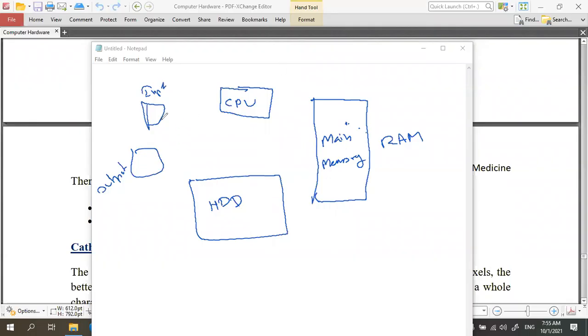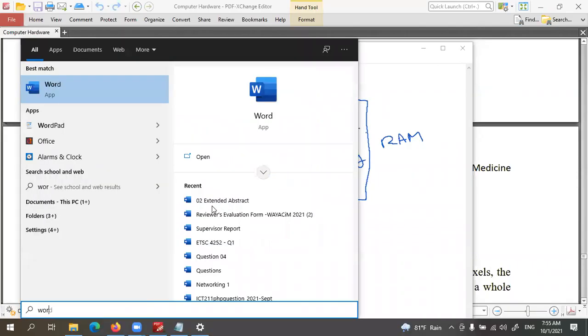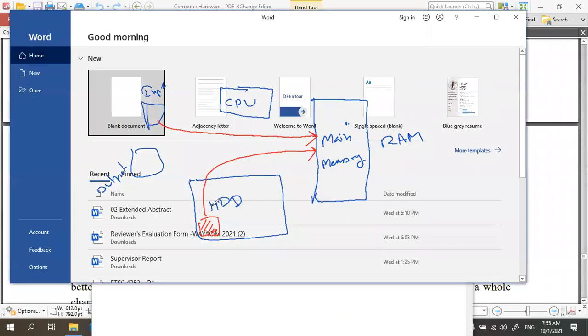So initially all the data generated with input devices will be sent to RAM. And if we open a program, that will be stored here. When you install that, then that data also will be loaded to RAM. So for example, if I just open Microsoft Word, right? See, Word, I'm just going to press the enter button. Loading, see, loading window. That loading window comes until the data loads into the RAM from the hard disk, because it is initially stored in the RAM.